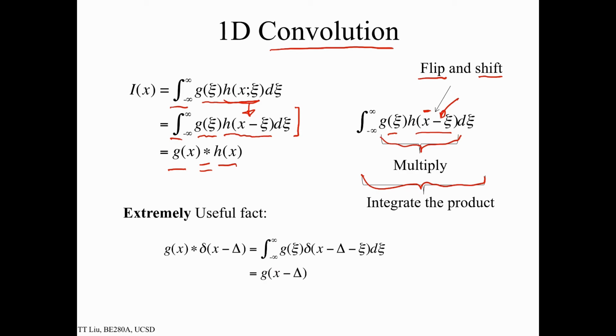For this module, I just really want to focus on an extremely useful fact, which is if I take any function g and convolve it with a shifted delta function, the output simply shifts my function to the location of that delta function. You can get this from the sifting property, but for now, this is just something that's very useful to commit to memory. And let's do a couple examples to sort of